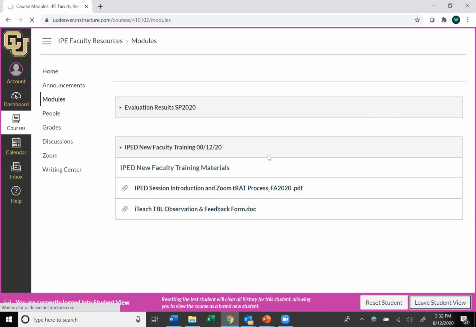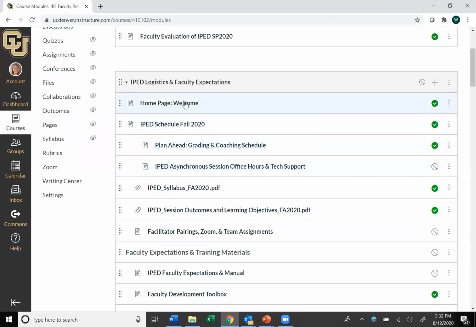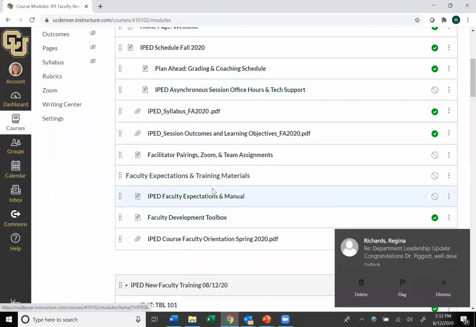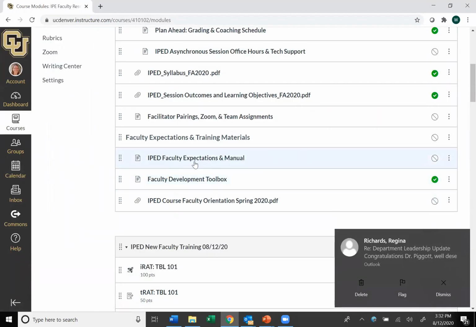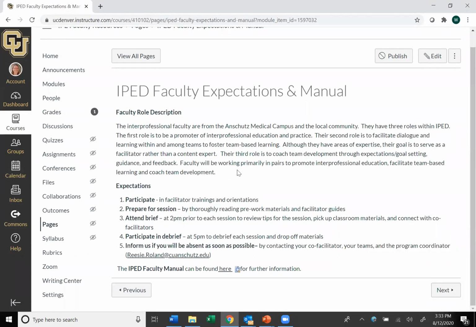I'm going to show you some of the other things that we have there. We'll have all sorts of things in here, including specifics about the schedule. We have a manual and a toolbox. In the manual, which is still being updated a little bit, I do want to point out a couple of really important things. First is that this is